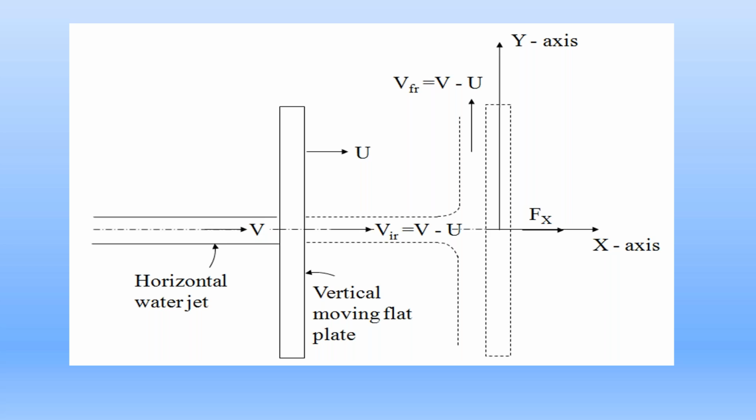So in this condition, the mass of water jet striking the metal plate per second is equal to rho A into V minus U, not V. Because the water jet strikes the plate with relative velocity, the mass of water jet striking the plate per second is equal to rho A into the initial relative velocity, that is V minus U. Now coming to the derivation for this force Fx acting on the moving plate applied by this water jet.